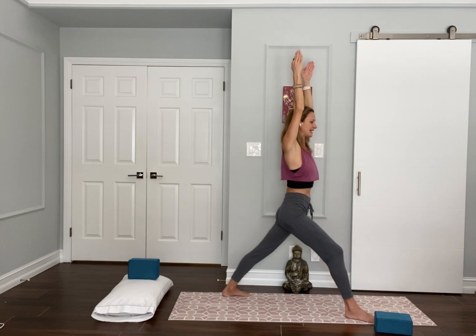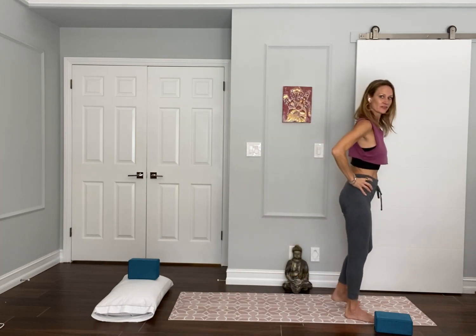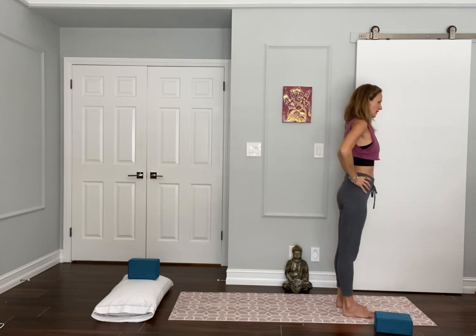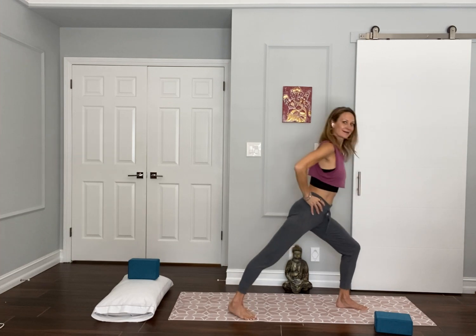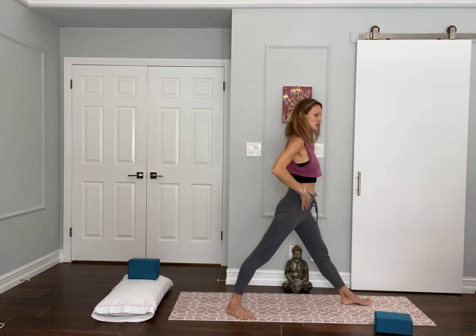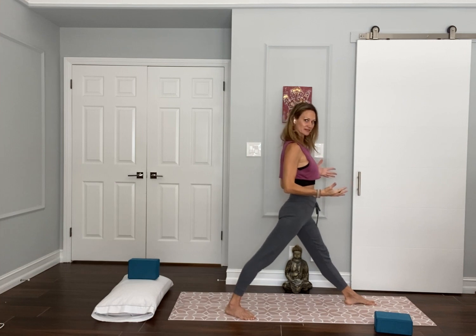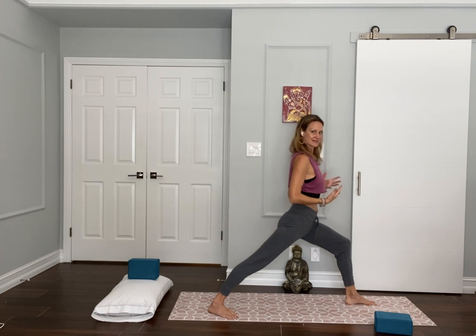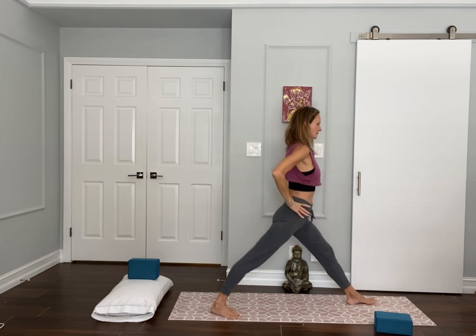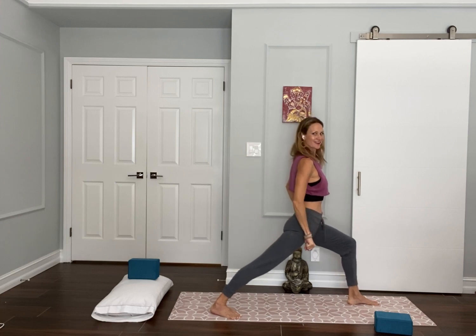Straighten your front leg, take your hands to your hips. Step your back foot forward to meet the front. And we'll switch sides. Bend the knees a little bit, step the right foot back. Medium stance. Again, feel free to inch your left foot a little bit to the left so you have a little more stability in your feet. If you have the range, you want to take them a little bit longer, feel free to take a longer stance. Then square the hips off, bend the left knee, root into your back foot, float the arms up overhead,